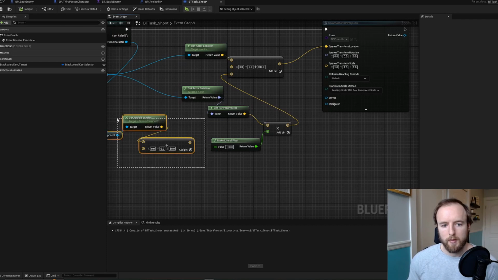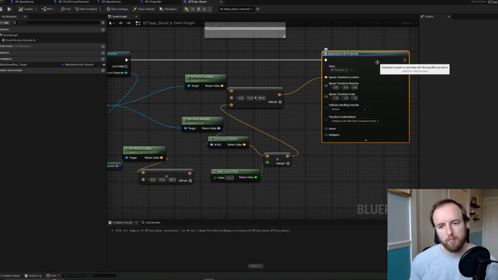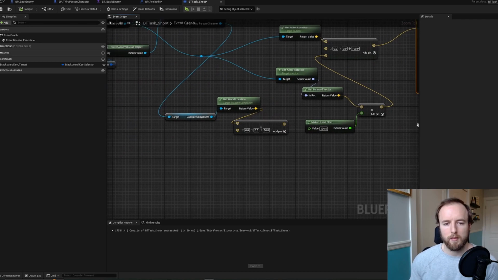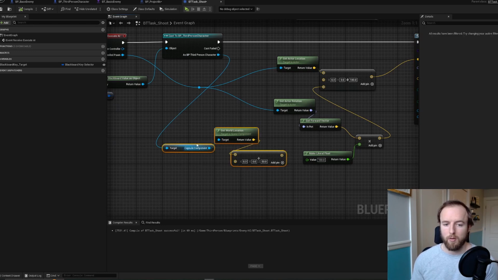Okay, and what are we doing? This is our target location. So in our projectile, we probably want to set this target somehow, because otherwise we're spawning in front of our character and we're just going to shoot at them. We could rotate towards them first and just shoot in a straight line, which would work. Let's just go with that. But I like to be able to have my character not facing 100% in line with them and be able to aim with an offset, you know what I mean? But for a simple example, we'll just